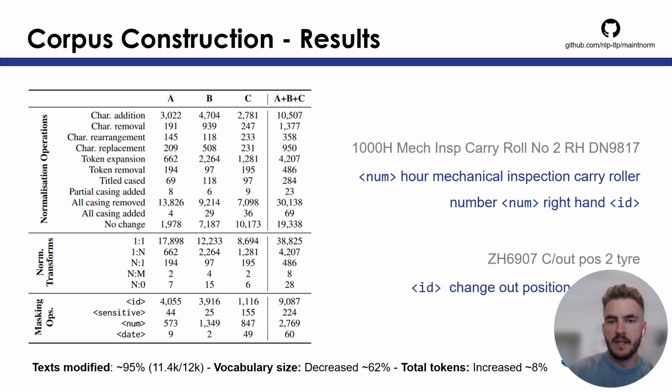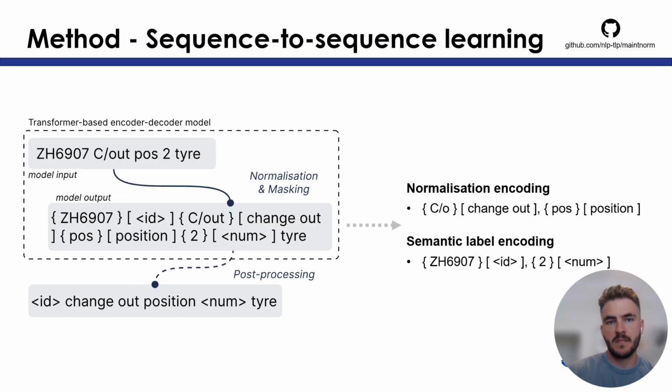corpus. In summary, this corpus section of our paper constitutes the first annotated corpus for this particular task, which involves maintenance short texts. As part of our research, we aim to explore how we can automatically improve the quality of these texts by using the annotated corpus that we had acquired.